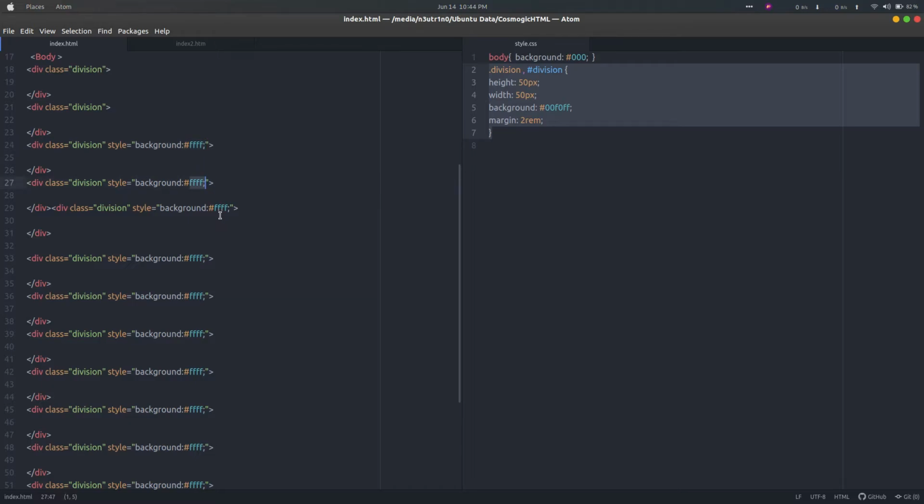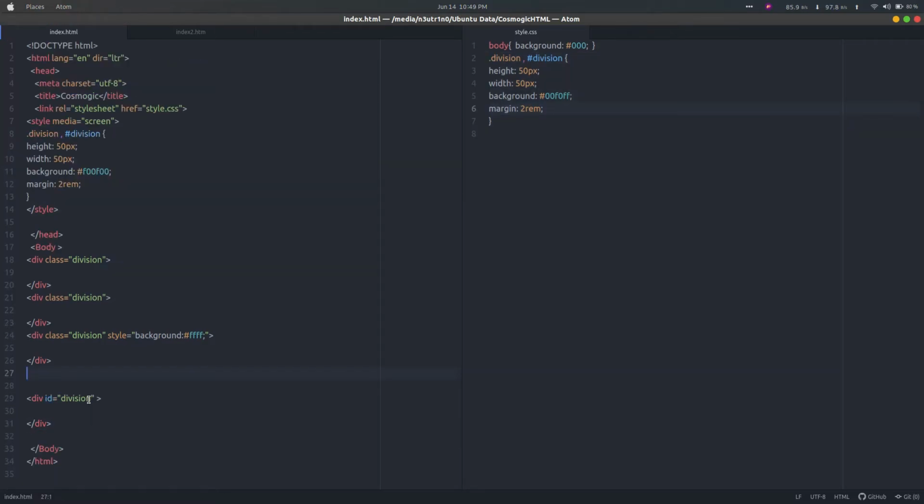We have to change them one by one, and it takes very much time. To overcome this problem, we will use external CSS, so that with one file we can change the style of all the elements, and we don't have to give it again and again like this. We use this selector and we give the ID, and we give the style to all the elements having this class.